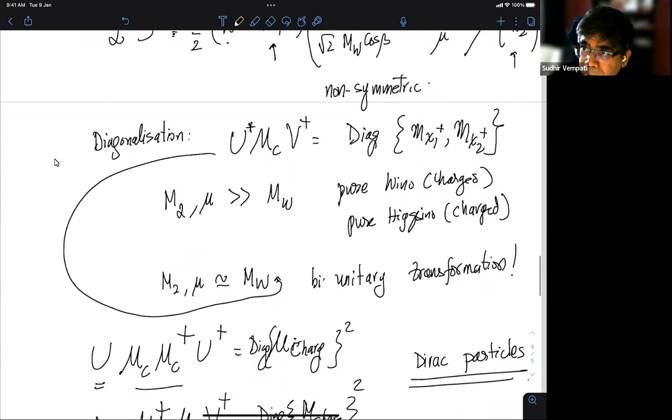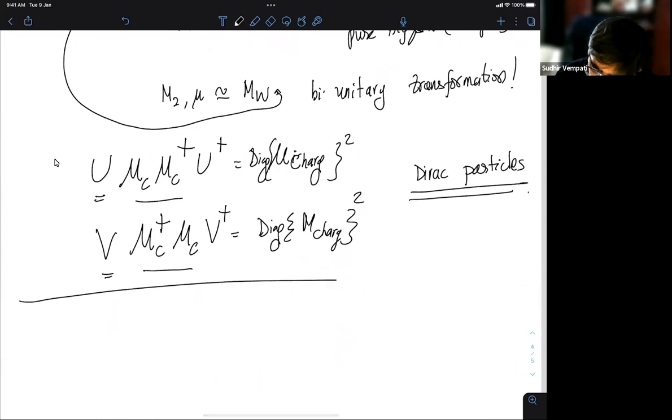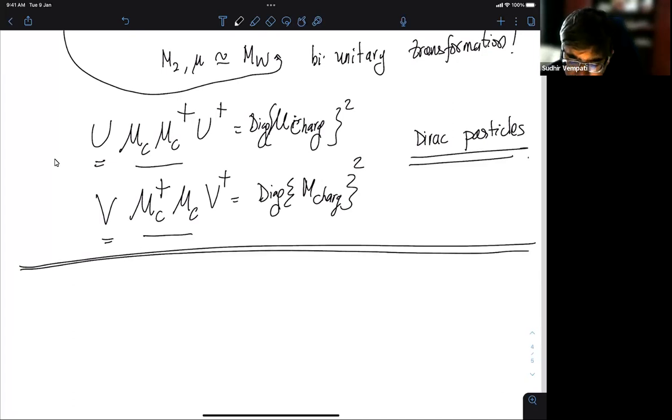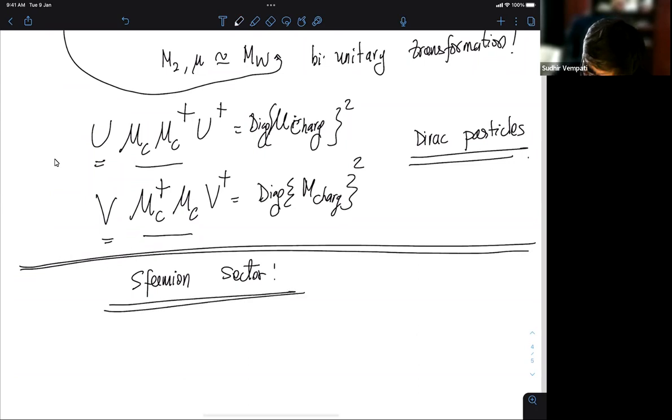Okay. Let's continue. So this is about the chargino mass matrix, and now we go to the sfermion sector. Sfermion sector means essentially stops, squarks, all the squarks,